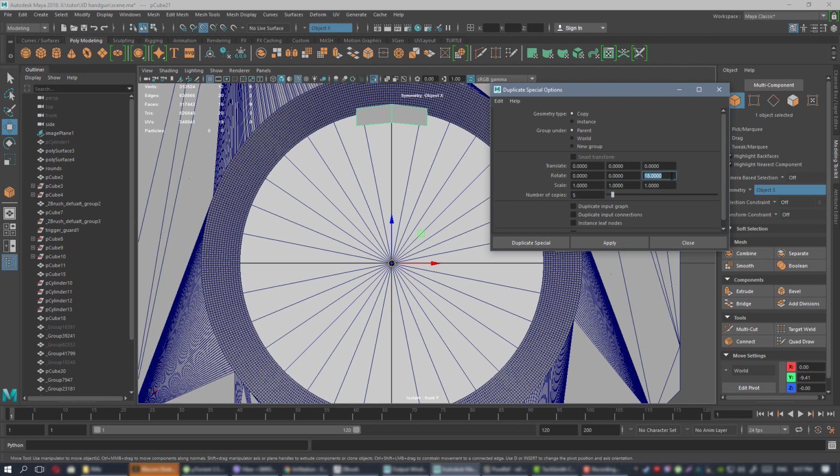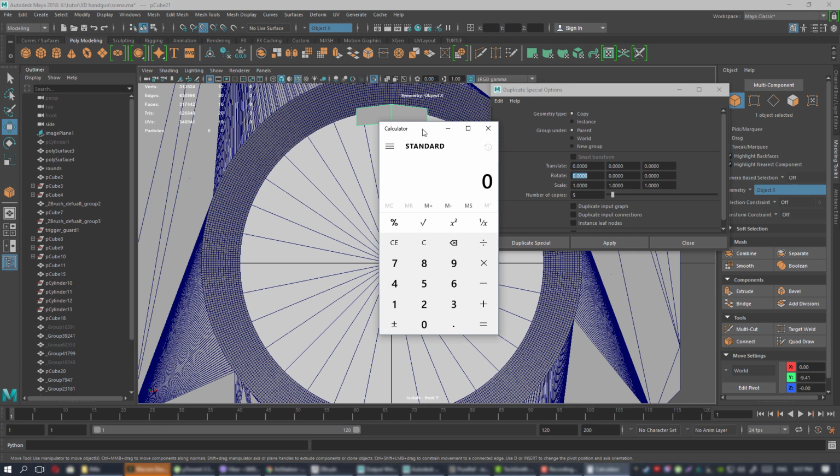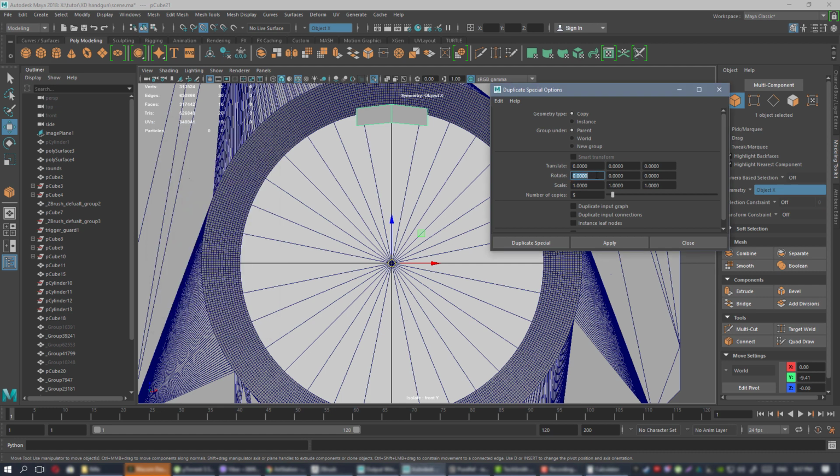We need to rotate it, set this to 0. We need to rotate it along the green axis, which is X. 360 divided by 6 is 60 degrees. So you need to turn 60 degrees 5 times